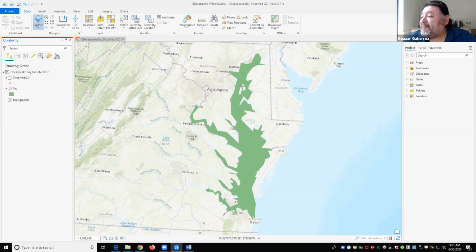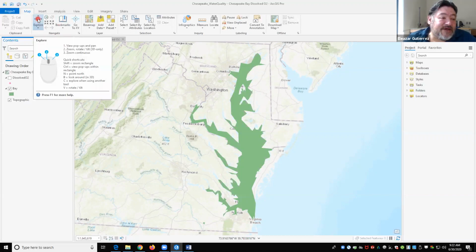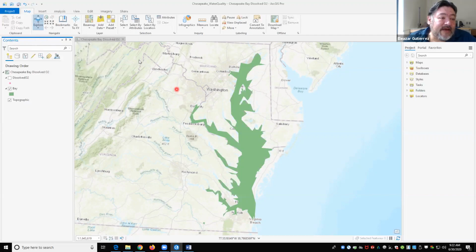Okay, on the map tab in the navigate group, so we go over here, there's a map tab. Of the navigate group, click explore and zoom to the northern tip of the Chesapeake Bay. So what you do is you click on here, and when that is blue, it means that your mouse